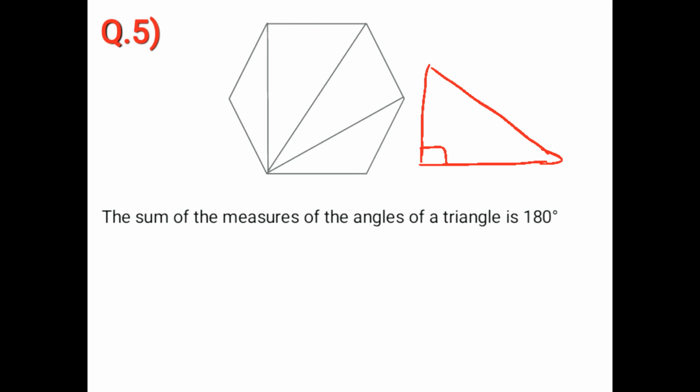Now this is a right angle triangle. Suppose this is 90 degrees. Okay. If this is 90 degrees, the other two angles should be 45 degrees. 45 plus 45 is 90 degrees. Then one angle is right angle, 90 degrees. 90 plus 90, 180 degrees. Okay. If I draw the triangle and take any degrees on the protractor, the sum of the measures of the angles of a triangle should be 180 degrees. Okay.